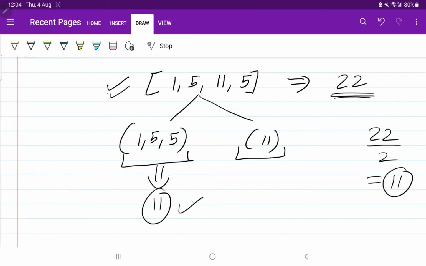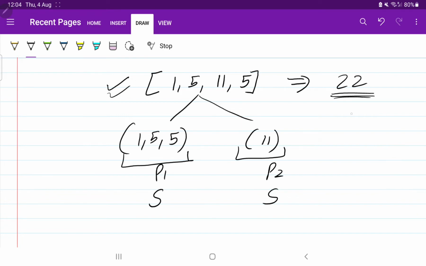If the answer is yes, then we can do the equal partition. I hope you got the problem. We have to divide the array into two partitions, P1 and P2. We know that the P1 sum is S and the P2 sum is also S. The value of S will be the sum of the array, 22 by 2, that is 11.